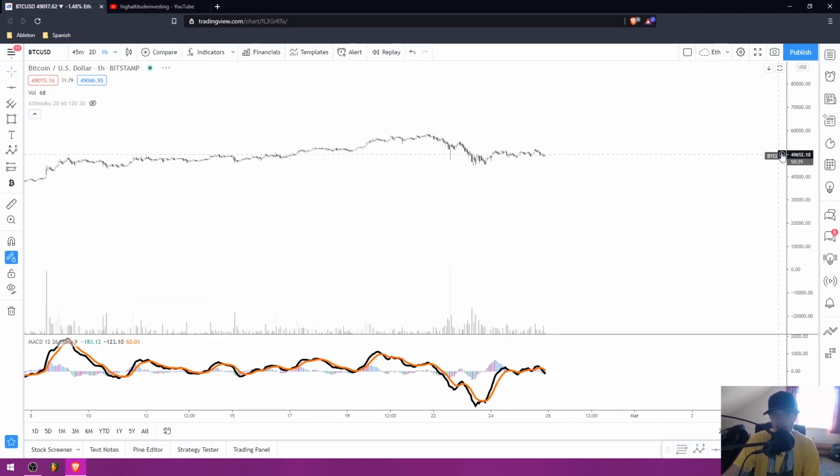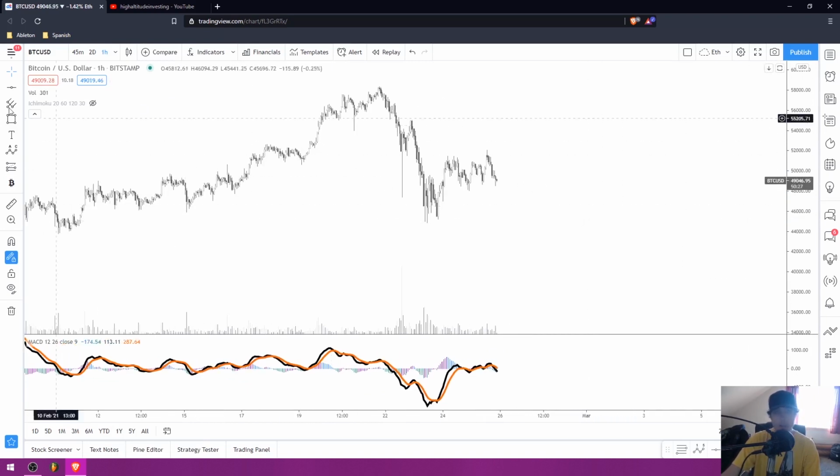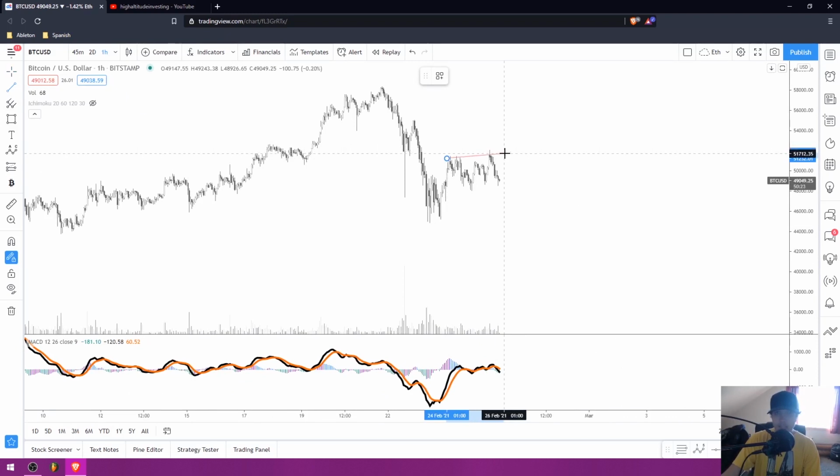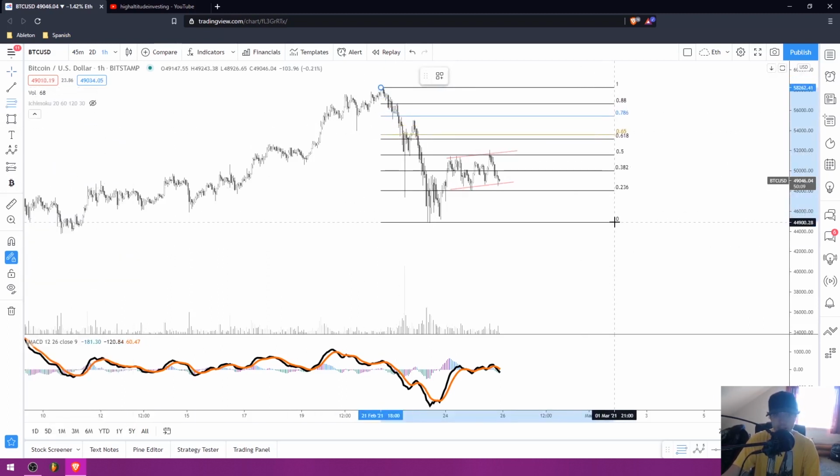So yeah, you guys, that's kind of what I'm watching here in Bitcoin. I do see this as bearish structure still. Like I said, support and resistance can change that. If we get a decisive break above this resistance level right here, and we start to get above the 618 Fibonacci level, which is measuring from this peak down to this low right here, if we start to get above the 618 Fibonacci level, I will change my trading plan and I will buy